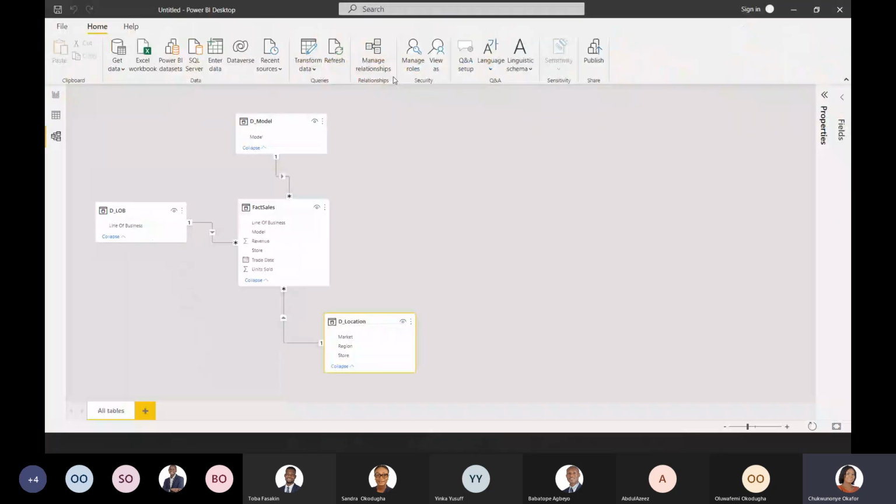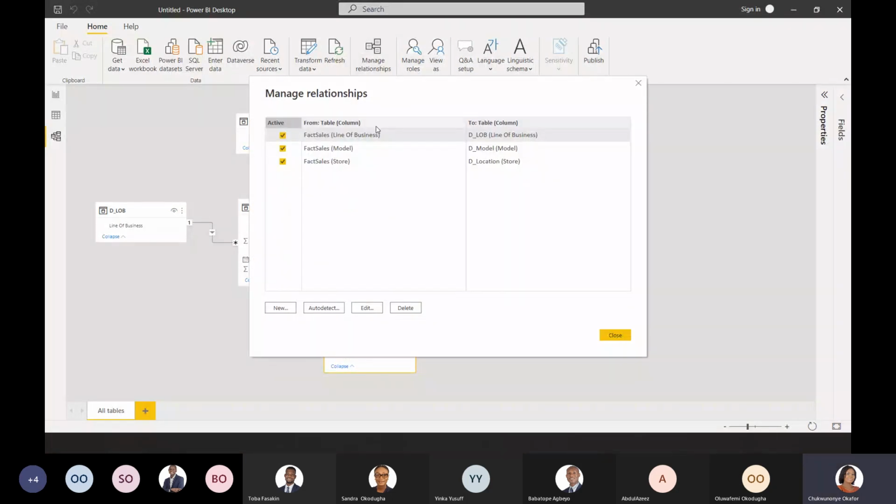So let's click on manage relationships and see how it looks. You can see it's showing the active relationships between those tables. For this fact sales table, line of business is connecting to the line of business in this table. Fact sales also connects to model in your D model table. Your fact sales store is connected to the store column in your D location. So if you want to edit, you just come here and click on edit,